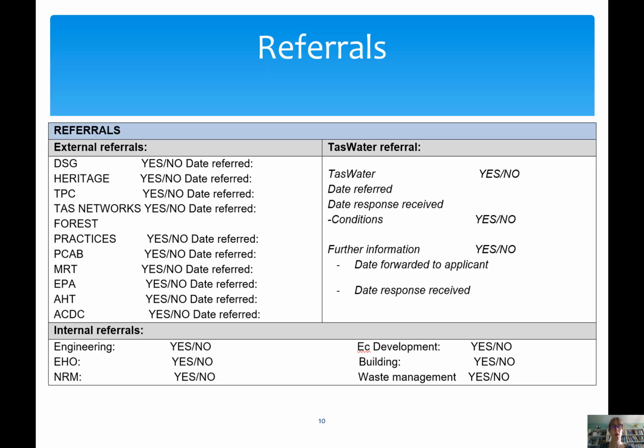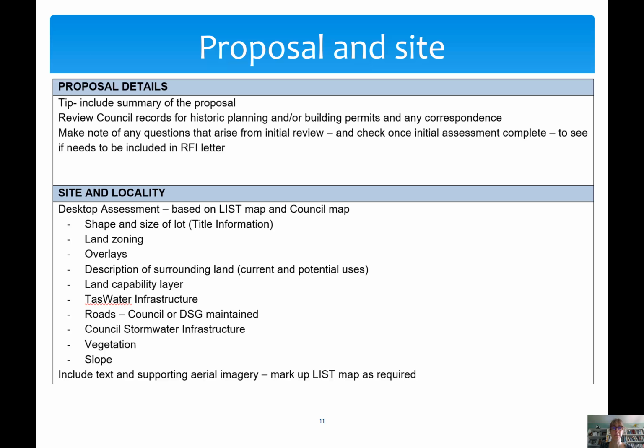So who else within the Huon Valley needs to see this? So planning is the first point of contact. Who else does this need to go to? The next part of the template prompts you to put in a summary of the proposal, have a look through the records. So this is where the council planner does a lot of desktop work. Given the size of the council, of some rural councils, it might not always be possible for the planner to go on site. Wherever possible, planners try to do that, particularly if it looks like it might be complicated.